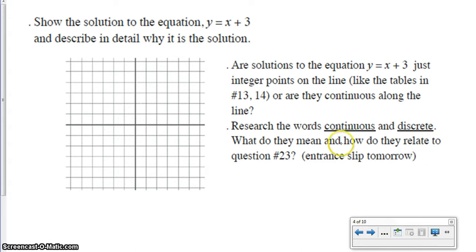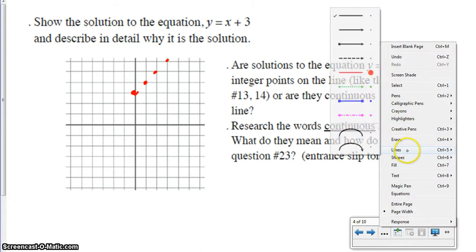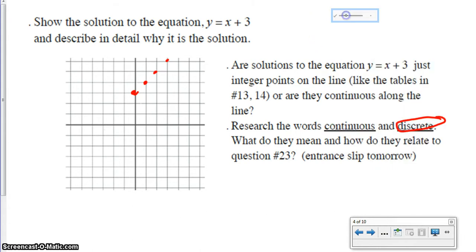So, show the solution to the equation y equals x plus 3 and describe in detail why it is the solution. Well, this is in slope-intercept form, so Mrs. Rose would just go here, and then here, and then here, and then here. Now, if Mrs. Rose graphs the solution like this, I would say that this is an example of a discrete graph, okay? However, if Mrs. Rose draws the graph like this,